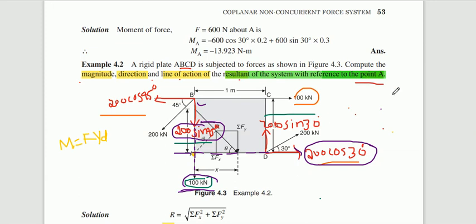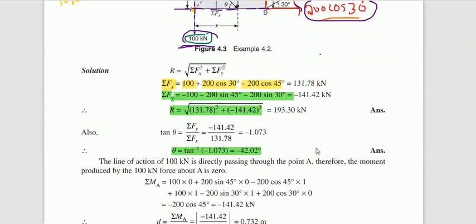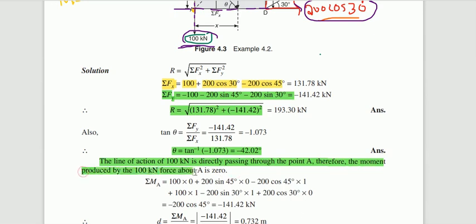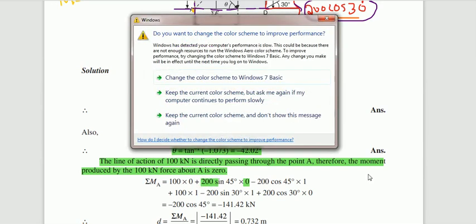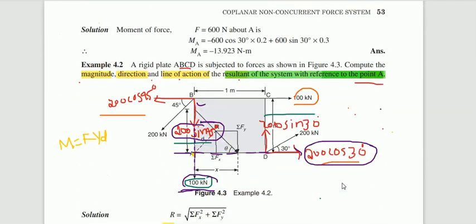Okay, just observe the line of action of the 100 kilonewton force and the other forces also. It is not given here, but it passes directly through point A. Therefore the moment produced by that force is 0. Here they have mentioned only 100 kilonewton, but you have to consider both, because in the calculation they have considered the perpendicular distance as 0. There is no need to consider this, you have to neglect that force. So now how many forces' moments do you need to take? Of the rest of the forces, how many will have a moment?